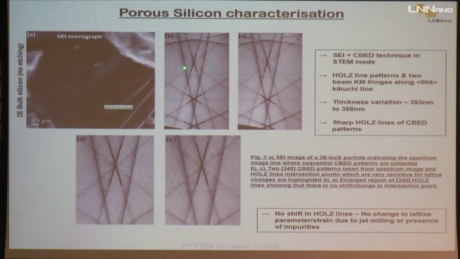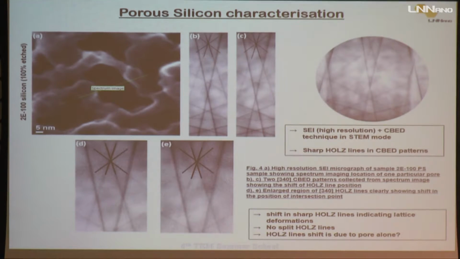I can see that there is no shift in the HOLZ line positions, even though I acquired from the start to the bottom. That indicates there is no lattice distortion in this bulk sample. And this is the magnified, zoomed one. You can see here there is no distortion. Next,